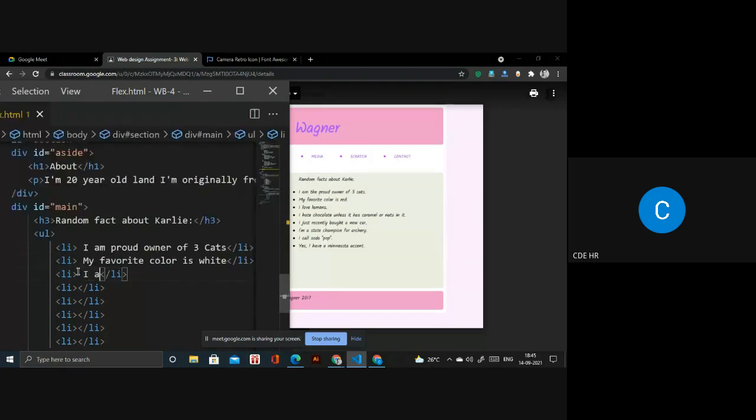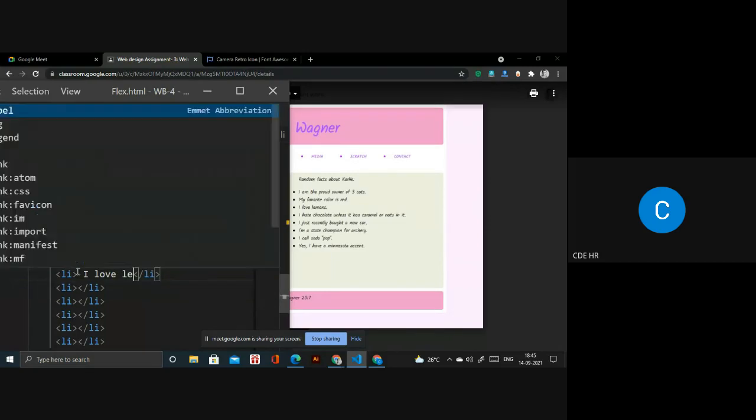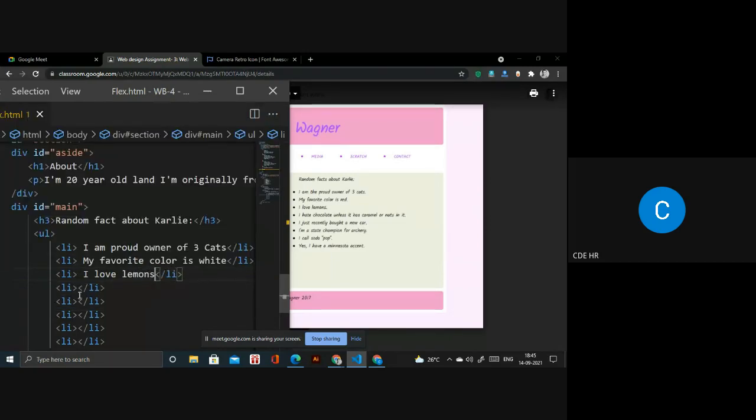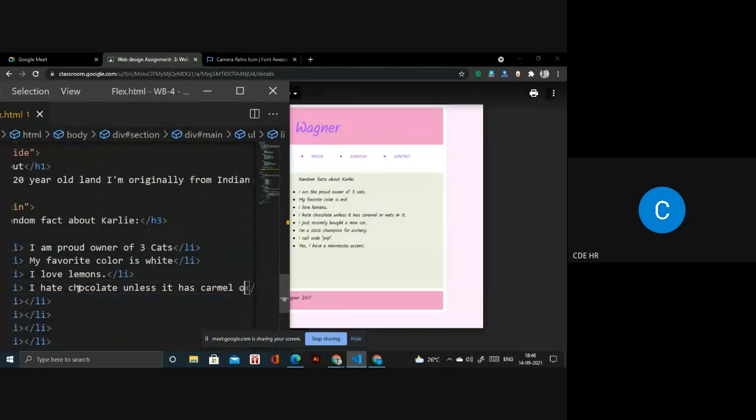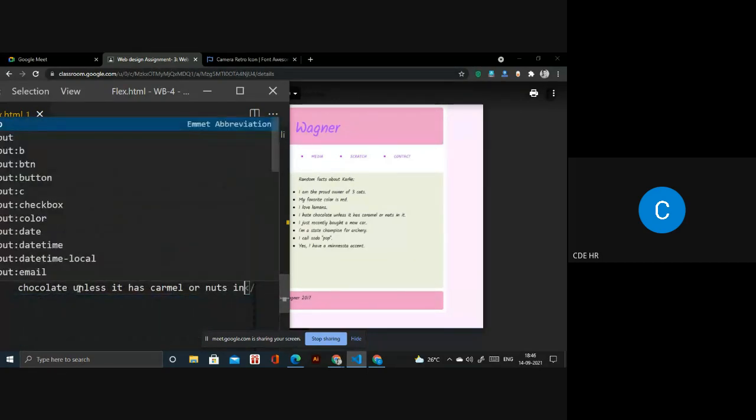And look, I love lemon. And next thing we have to write: I hate chocolate unless it has caramel in it.